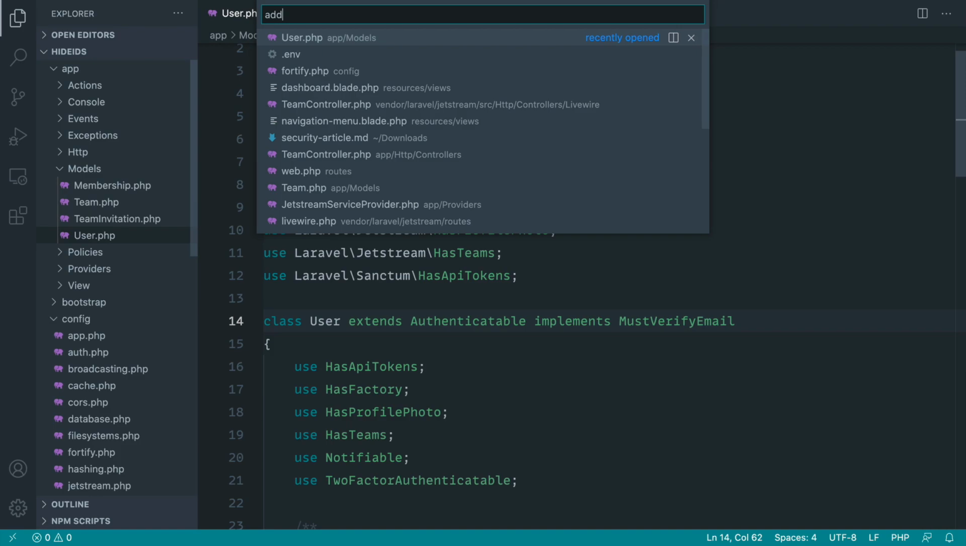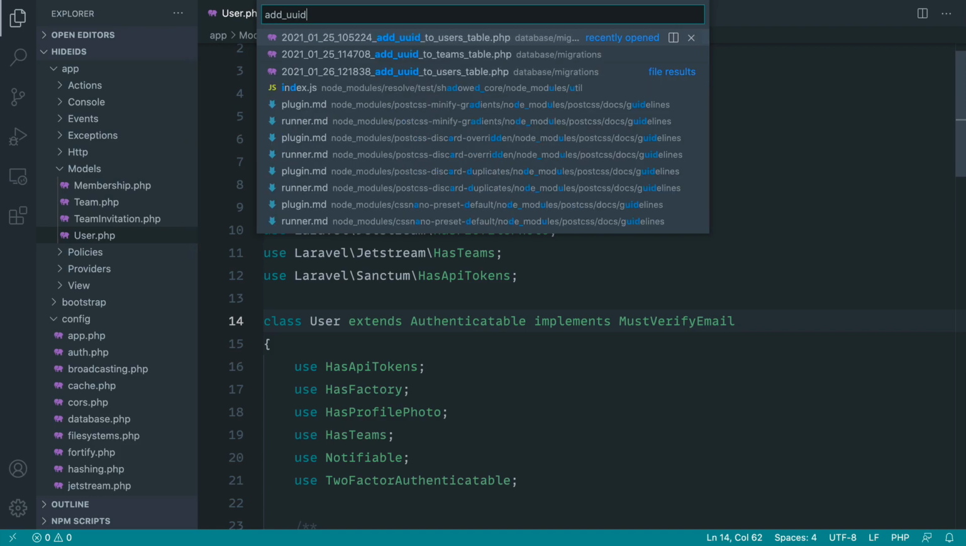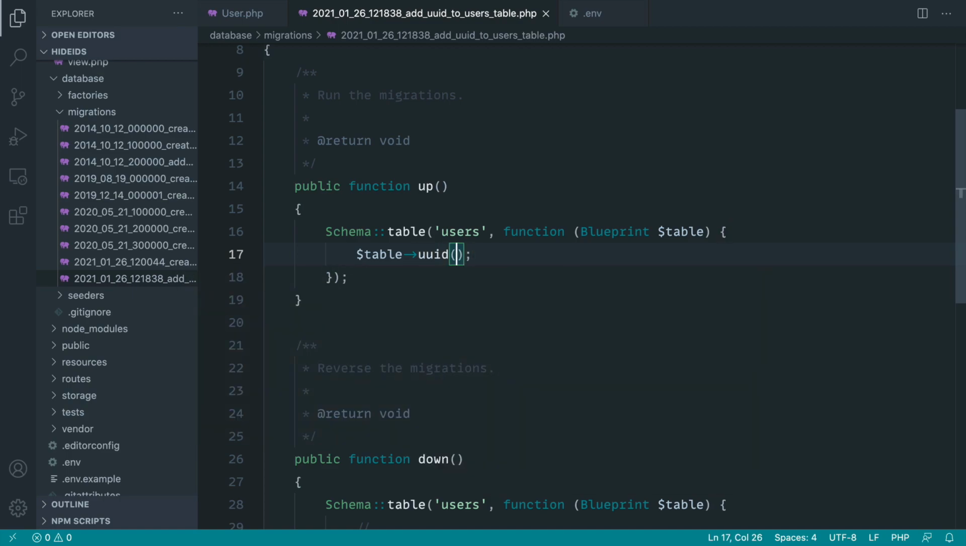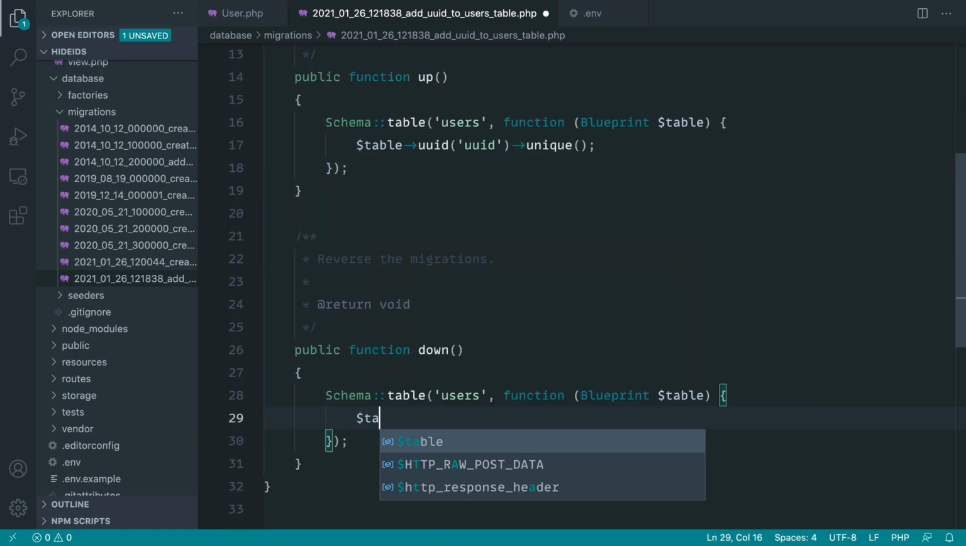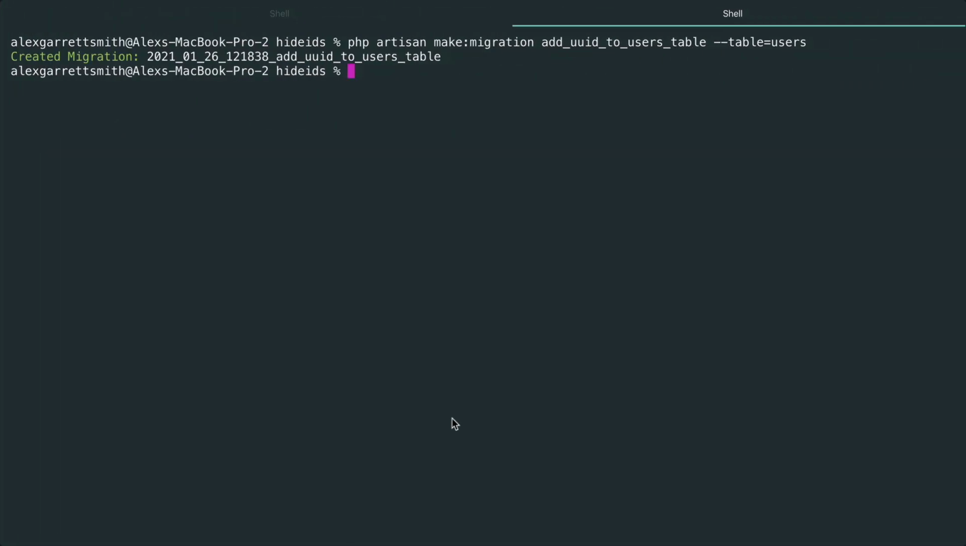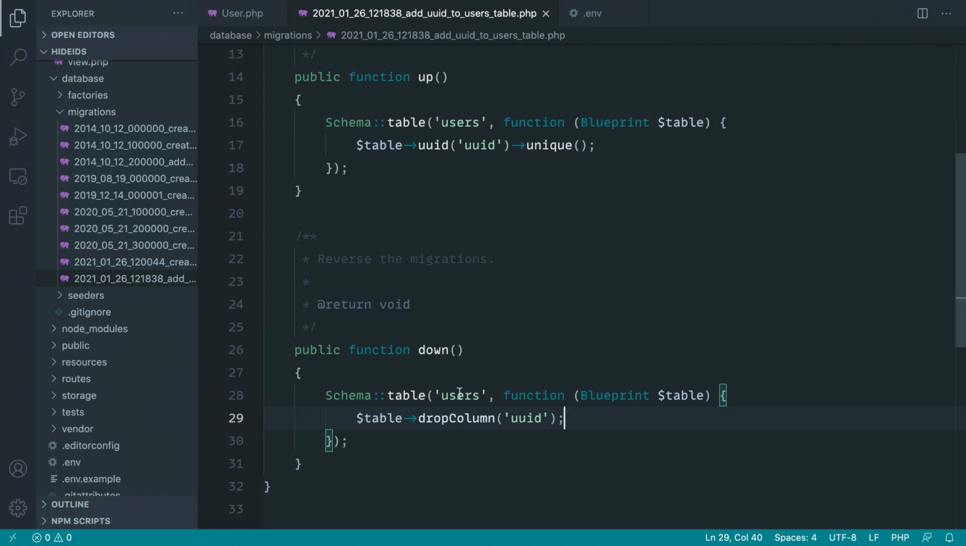So let's open up add UUID to users table, and let's come down and add this in. So UUID, we're going to call that UUID. Let's go and make that unique, and of course we'll drop this on the down migration. There we go. Great. So let's come over and run PHP Artisan migrate, and that's our UUID added to the